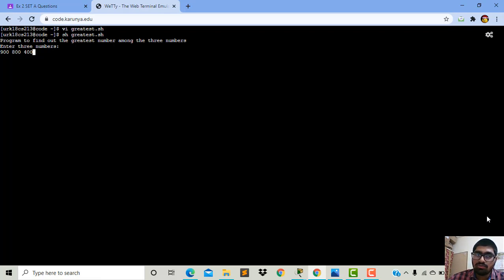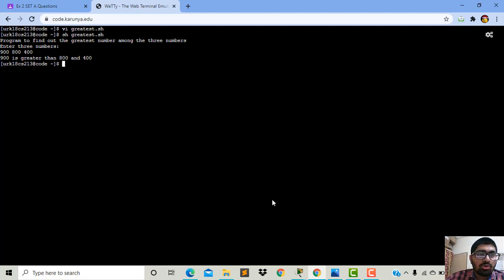So the first statement will be executed. Then it checks the else if: is 800 greater than 400? Yes. Is 800 greater than 900? No, it is wrong. Now it will go to c. It will print that 900 is greater than 800 and 400.